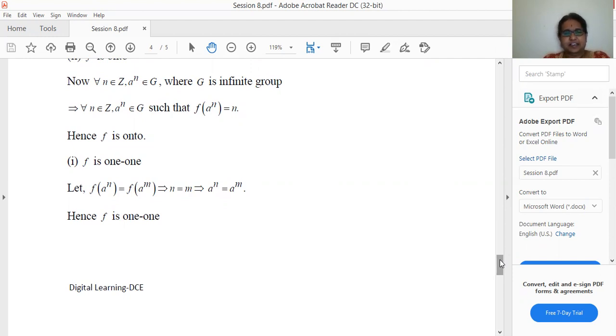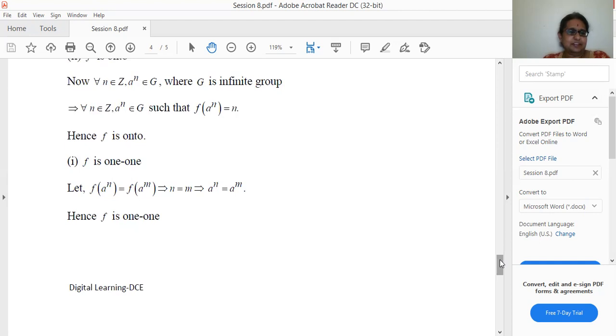So in these problems, basically we have used the definition of homomorphism, isomorphism, kernel, 1 to 1 and onto. By homomorphism, what we mean is, if f is a mapping from G to G dash, where G is a group consisting of a non-empty set G with the binary operation addition plus, and G dash has the binary operation dot, then if the mapping satisfies f of g1 plus g2 is equal to f of g1 dot g2 for all g1, g2 belonging to G, then f is said to be a homomorphism.